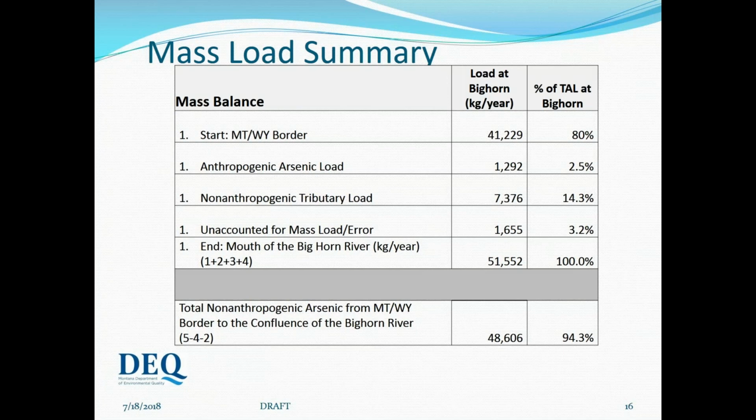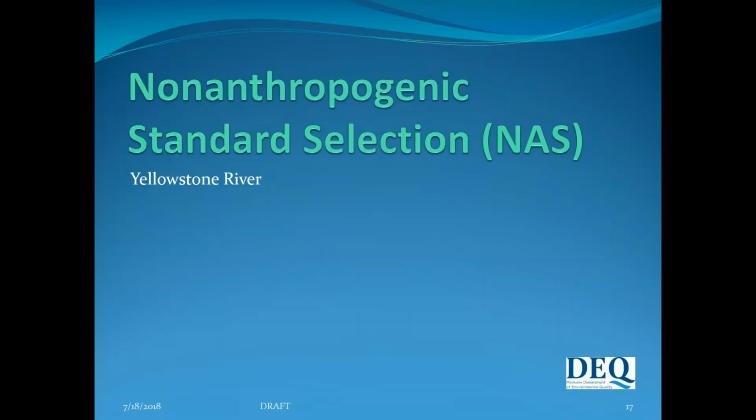So the takeaway from all this is that the total non-anthropogenic arsenic from the Montana-Wyoming border to the confluence of the Bighorn River is 94.3%. And so, you're looking at quite a bit of non-anthropogenic arsenic in the Yellowstone River. Okay, so moving on, with all that arsenic in the Yellowstone River, and we're just using the non-anthropogenic arsenic, we